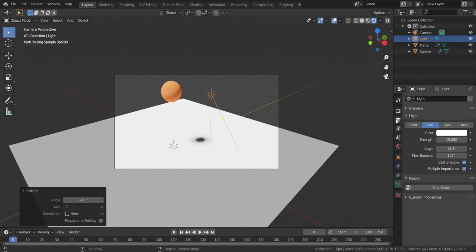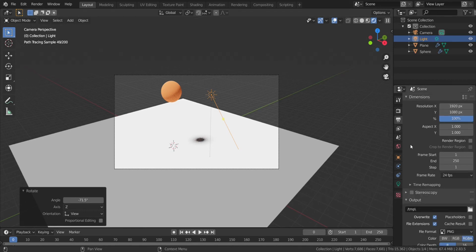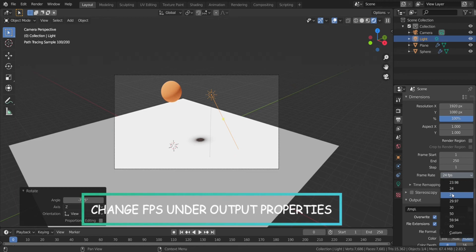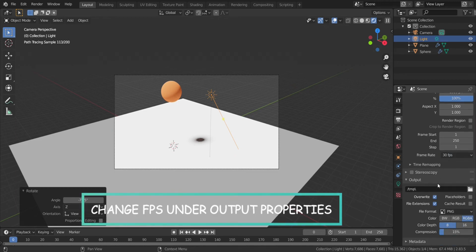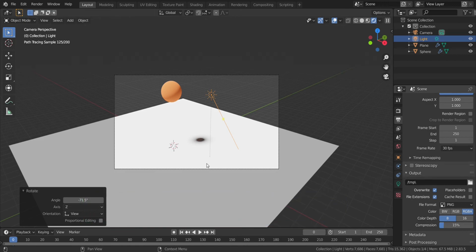Now let's go to the output setting, which looks like a printer. Under this section, you can choose the various output settings for your video. Like we will be changing the frame rate first. 30 fps would be quite fine. Then you can save its output position, wherever you want to save it. Like I will save it on my desktop, and I will write its name. I will just write bounce out here and then accept it.